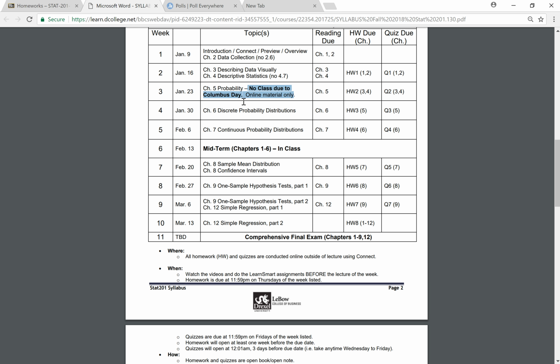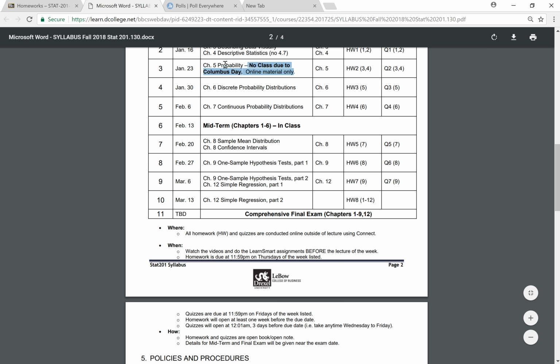So probability is very important and not always the easiest topic in the world. In fact, none of this stuff is really that easy. So if you're going to get yourself into trouble, please come and see me early. There's tutoring available. There's all sorts of resources that you have, and I want to make sure that you have the opportunities to succeed in this class, and you can do it, even though it might not be easy. So let's see. All right, so I guess we can move on.